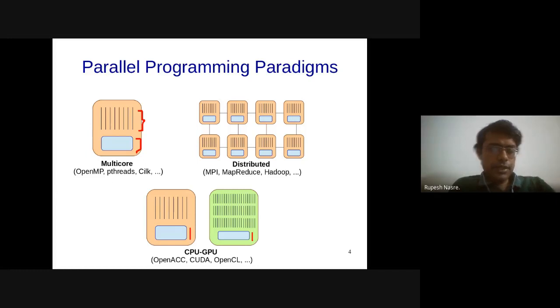So these two boxes together form the CPU-GPU system. But how do they communicate with each other? Because they have different cores, they have different memories, and so on. So that communication needs to happen via some sort of a connection, or some interconnect or a bus between the two.